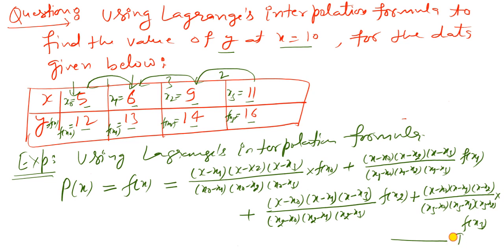Say this is equation 1. So the value of x is 10, and the values of x naught, x1, x2, x3 and the corresponding function values are given in this table. Substitute all the values in equation 1, then we obtain f of 10, or y at x is equal to 10, is equal to, this will be 10 minus